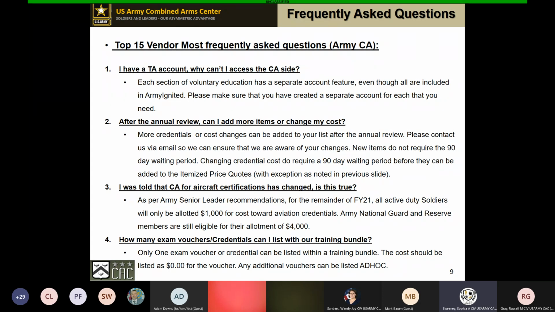Good morning. So what we do with finance, once it comes over to us, if we have to adjust the shipping or any kind of cost like that, then we'll just go in, we notify the service member, tell him that we're adjusting his costs. It's either went up or if it's gone down, and then we adjust it in Army Ignited itself, the price after we pay for it.